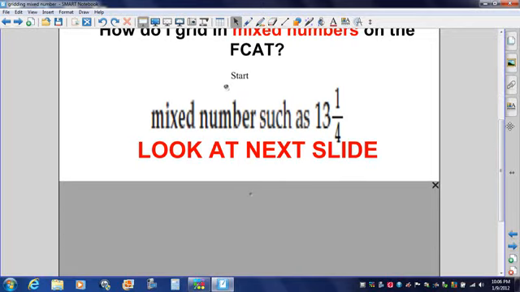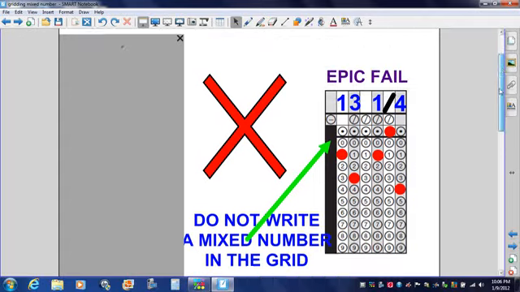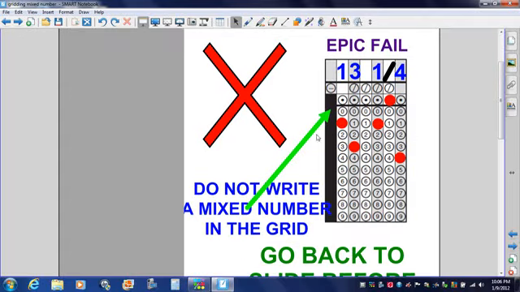So we're going to look at how we would grid in a mixed number, such as 13 and 1/4. If you would, on your paper, find one of the grids that has this black rectangle in it with the negative sign up at the top, and I would like you to put 13 space and then the fraction 1/4. I put a fraction bar in between them, and then bubble in 1, 3, 1 fraction bar 4 on your paper,